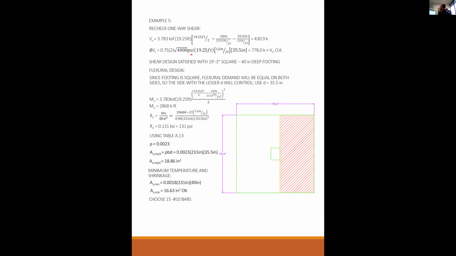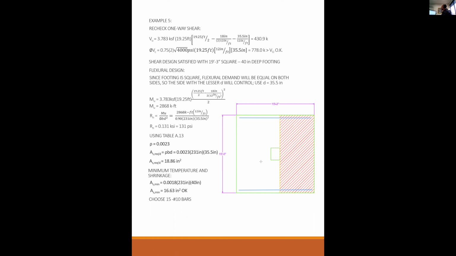Now I can say use 15 number 10s at 16 inches on center each way. OC stands for on center, EW stands for each way. How did I get 16 inches? That was a question that came up in office hours. Well, the first bar has to be 3 inches from the edge. The last bar also has to be 3 inches away from the edge. So what I did,